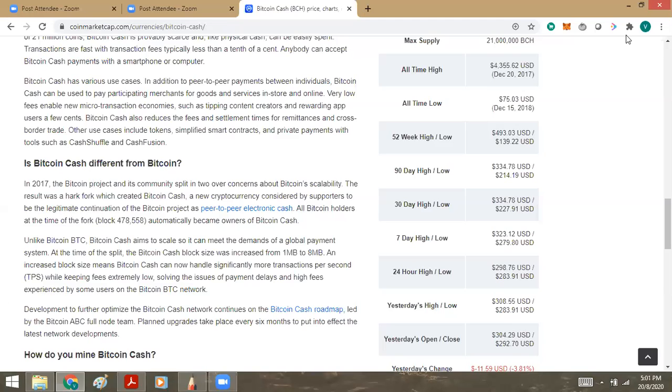So do all the nodes in the Bitcoin which created hard fork take the coins away? No, those nodes will have two wallets. Those users will have the Bitcoin wallet also, but as a node, they are maintaining the different protocol. So two wallets will be there. In the new wallet, they will have Bitcoin Cash. In the old wallet, they will have Bitcoins. But the problem is, these nodes will not maintain the Bitcoin. So Bitcoin Cash nodes will not maintain the Bitcoin ledger. Okay, is it clear, Balaji?